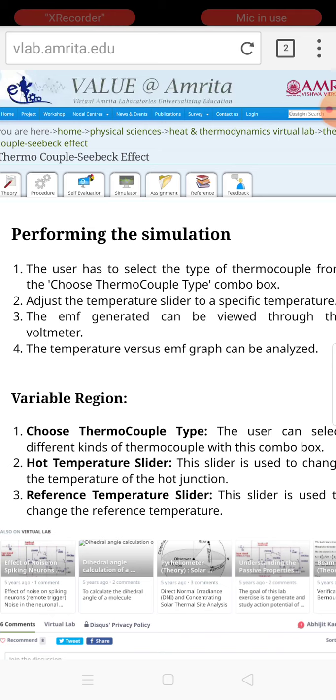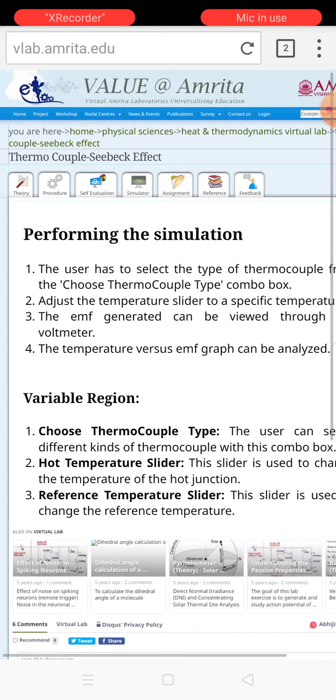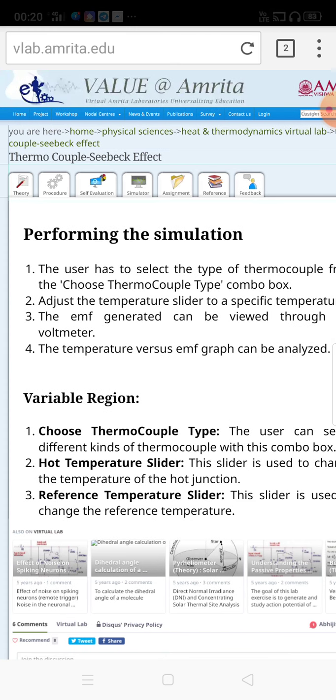The simulation lab can be operated, and this is only possible if you install the Puffin software on your mobile. It is available as the Puffin app from the Google Play Store. After you install that, you go directly to the home, and there you will be